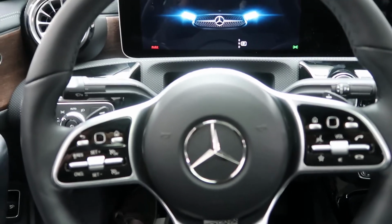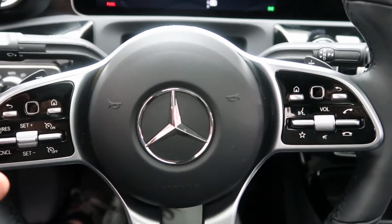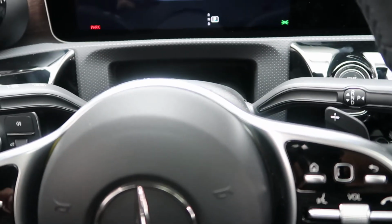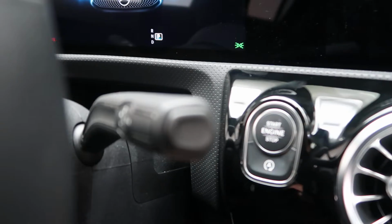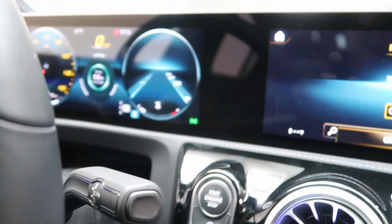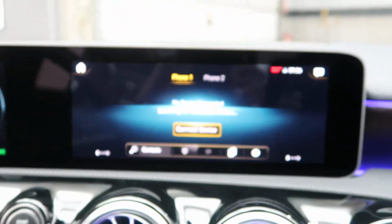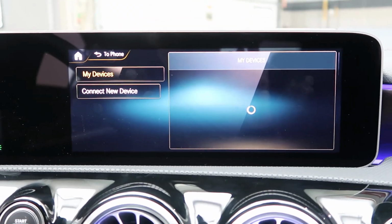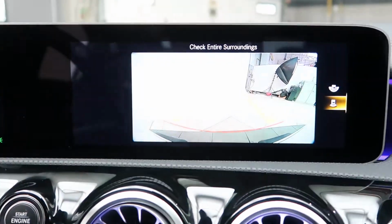Hopping in, we've got our new redesigned touchpad steering wheel controls with Bluetooth capabilities, paddle shifters for extra performance, a push start ignition. New to Mercedes-Benz is our touchscreen media display, rear view backup camera,